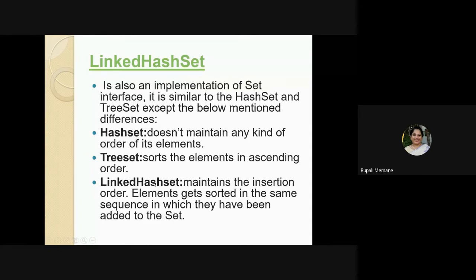So linked hash set and linked list are totally two different collections. Only thing, the word linked is common, otherwise there is no similarity between linked hash set and linked list. Apart from that, the only thing you have to understand is that two elements in linked list and two elements in linked hash set are linked, but the way they are linked, or the way they are stored, is a different thing, because again the linking in linked list will be with respect to the previous and the next. So the storing of the linked hash set and the linked list will be different.